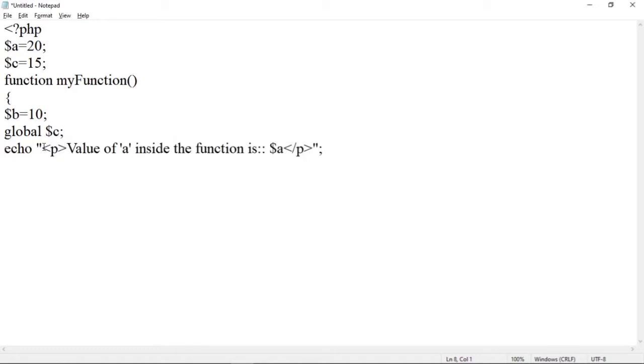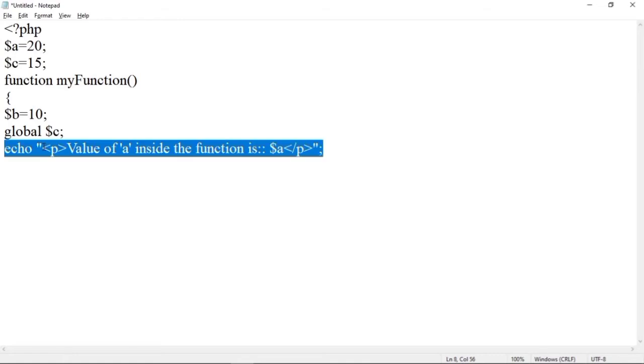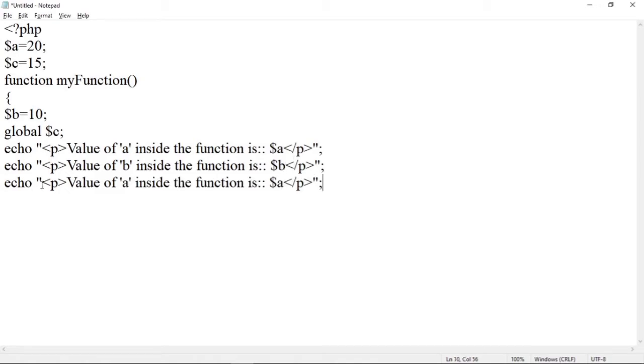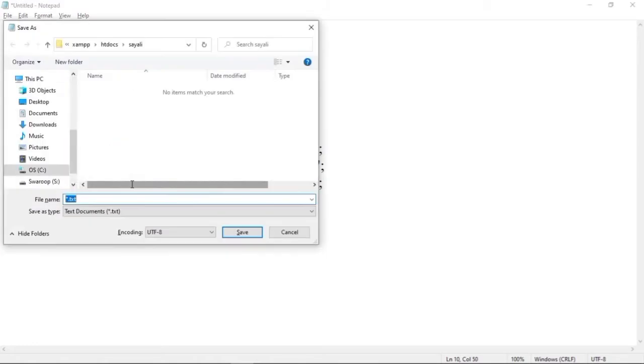Now let us print the value of b inside the function. So here, let us copy this statement, and the value of b inside the function is mentioned here, $b. Now let us print the value of c inside the function. So the value of c inside the function is here; change it to $c.